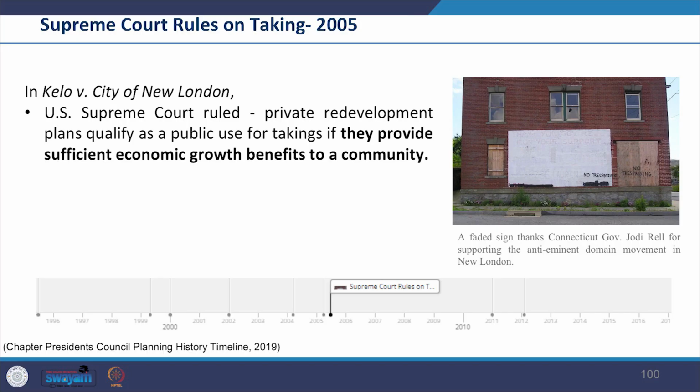The case centered on the use of eminent domain on properties in New London, Connecticut as part of the economic development plan based around a pharmaceutical research facility. The state laws based on the ruling made planning more publicly visible and suggested that eminent domain needs to be tied to the broader planning process when used.